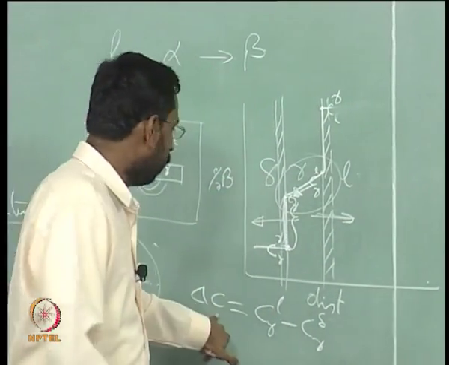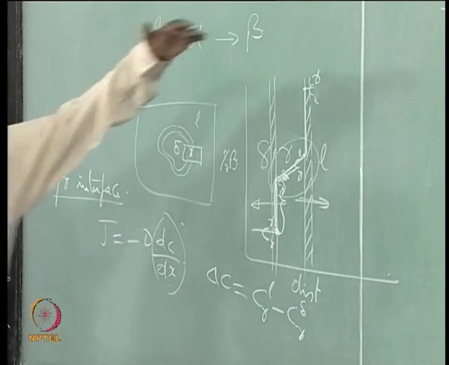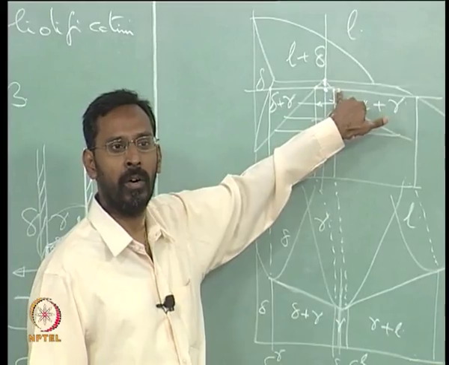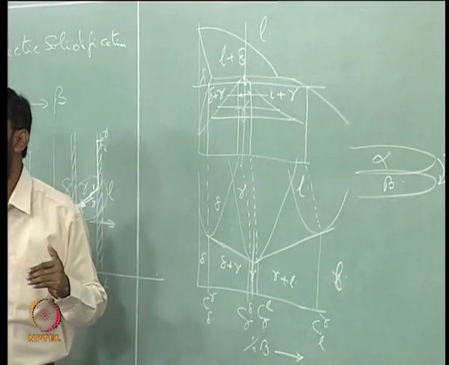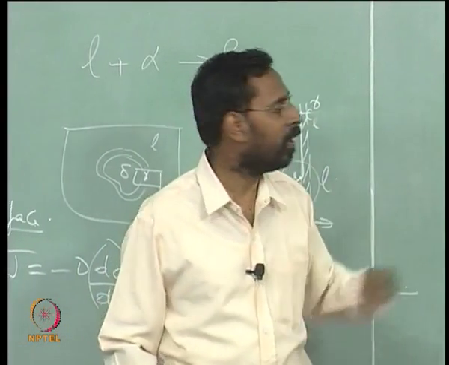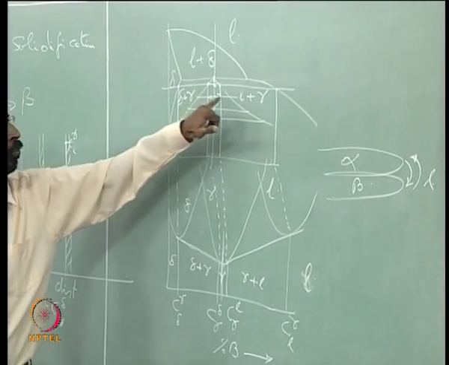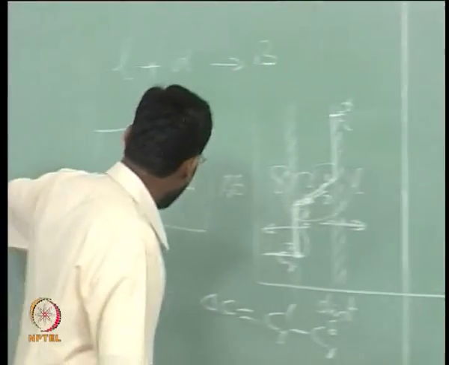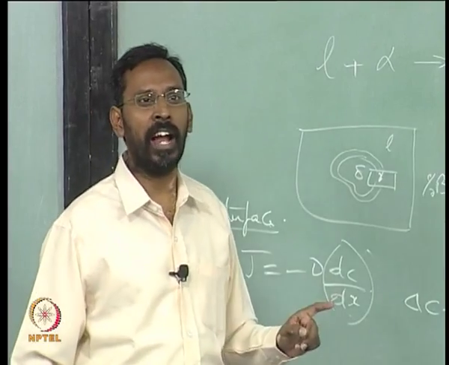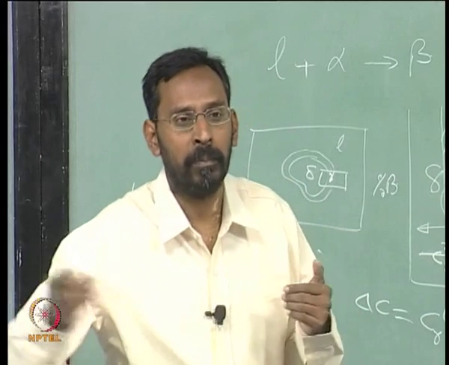The delta C which we have written here is only dependent on the temperature, because at a given temperature the phase diagram tells you what is this composition, what is this composition. Once I fix my temperature of transformation, that means I have undercooled the liquid to a certain extent, and there the reaction is taking place. Then at that temperature these two compositions are fixed, and that means the numerator is fixed, but the denominator is now increasing as a function of time. That means the peritectic reaction slows down as a function of time.